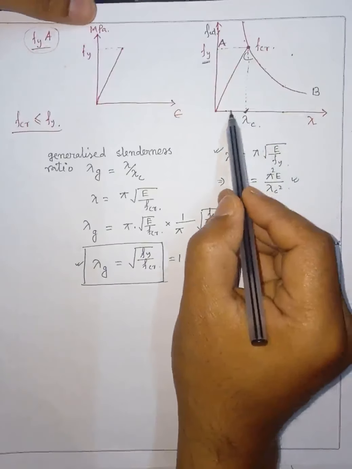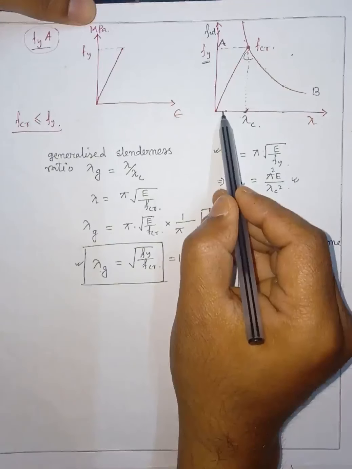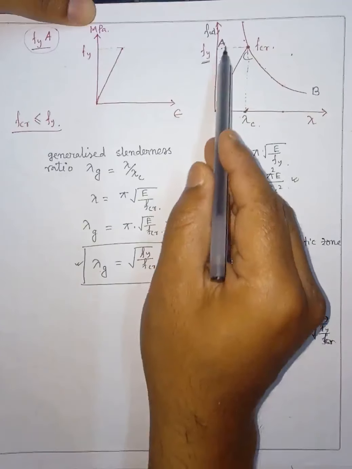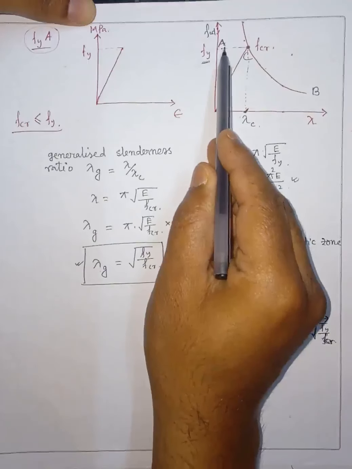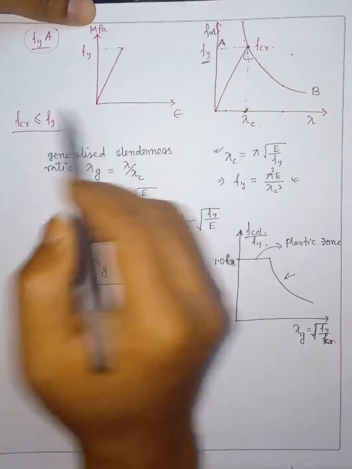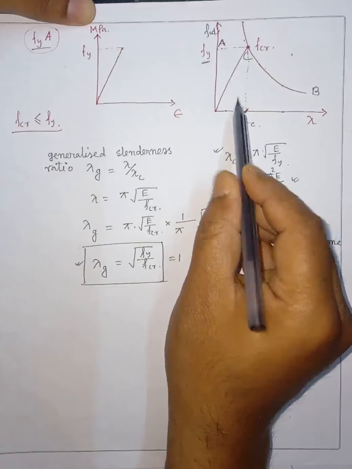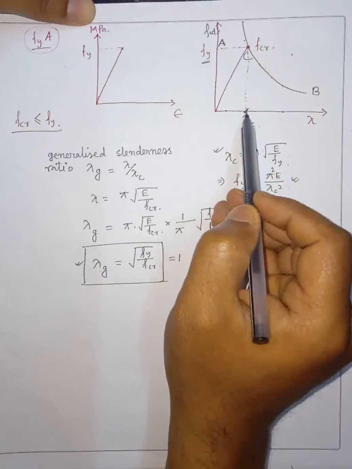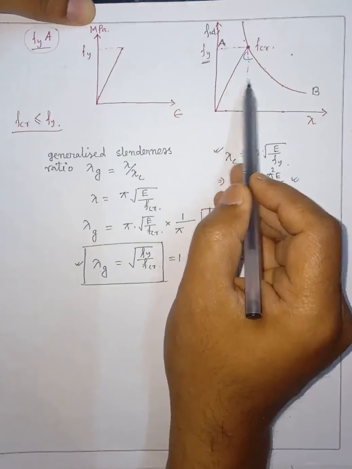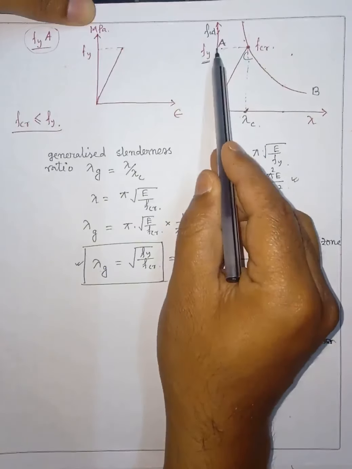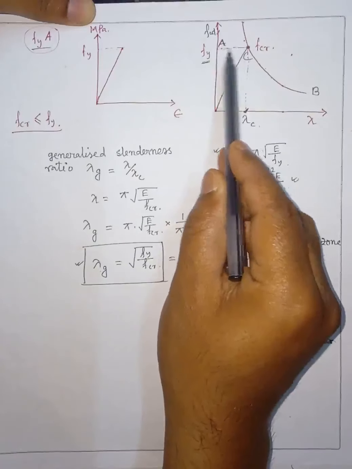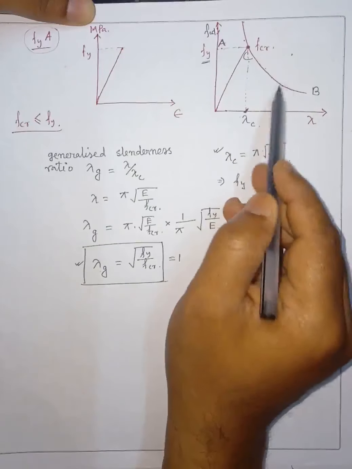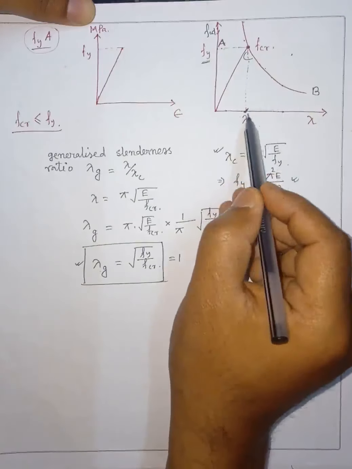So for lower slenderness ratio, the member will fail by the plastic failure or the material failure by yielding. Okay, so here also it will fail by the yielding. But here the material will change its behavior, so it may fail in this plastic failure, or it may fail geometrically. Okay, so this is the change point. So that is why it is lambda c. And so then we can represent this lambda c like this.